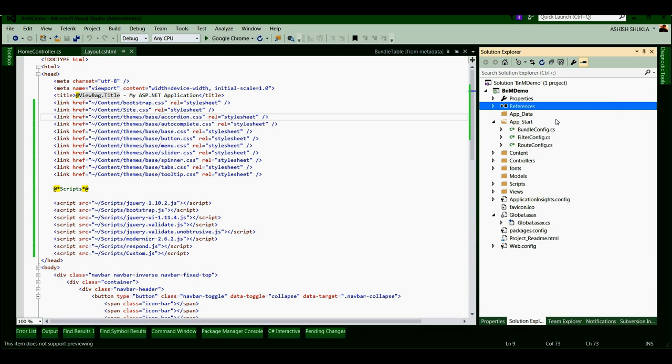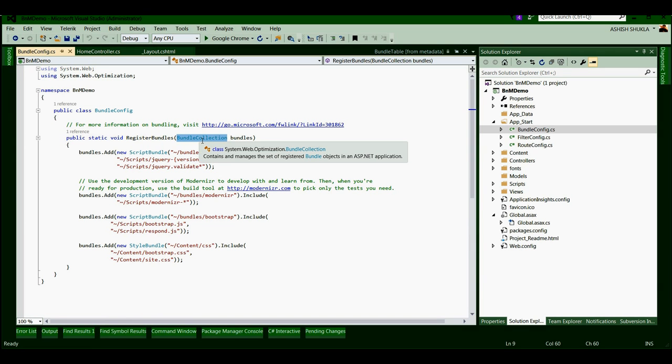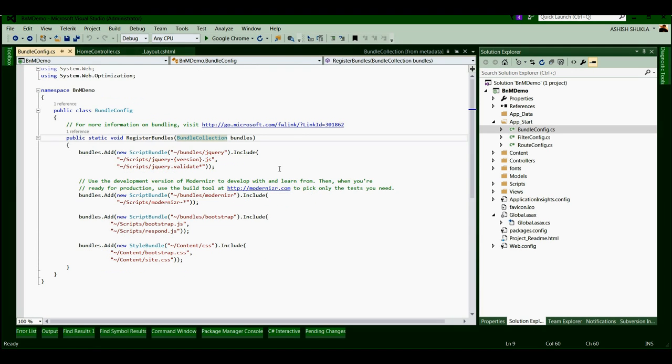We have to define our bundles. The ASP.NET MVC framework provides the BundleConfig file. In the BundleConfig file, I have a method RegisterBundles. The RegisterBundles method takes the BundleCollection class as a parameter. The BundleCollection class is part of the System.Web.Optimization assembly. So here we have to define each and every bundle that we are going to use in our application.